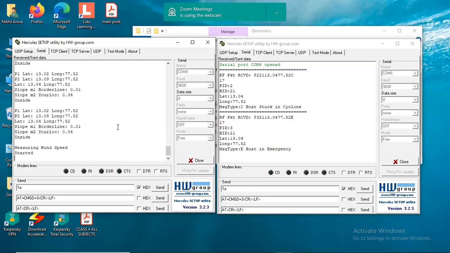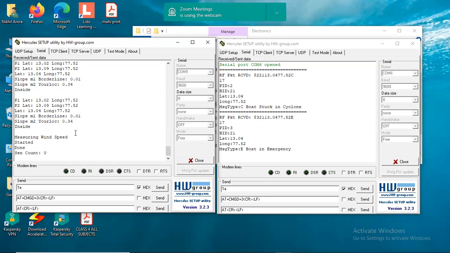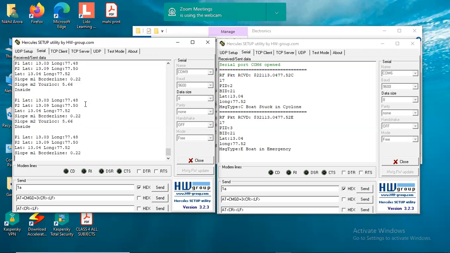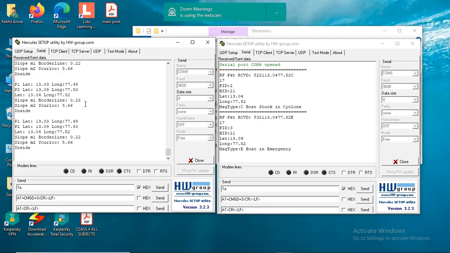And when I remove this pin, which is connected to ground, the slope you have to see. The slope was like this. Now remove that. Now the slope is different. So based on the setting of the ground, the slope is changing.